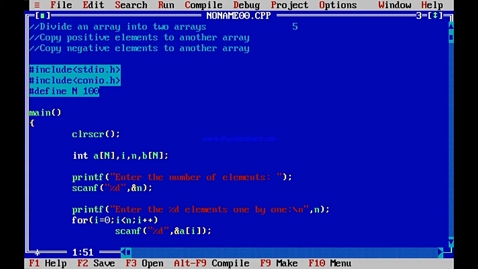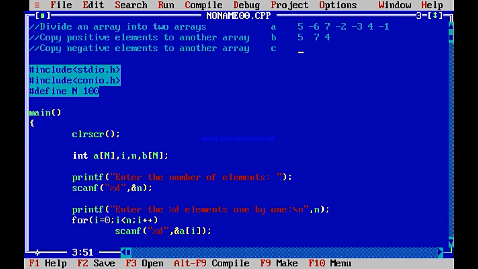So say for example you have got 5, minus 6, then 7, then minus 2, then minus 3, then 4, then minus 1, and so on. So one array, this is the array A. You divide it into two arrays, maybe B and C. B should contain only 5, 7, then what else? 4, yes, positive numbers: 5, 7 and 4. These are the three elements which are positive.